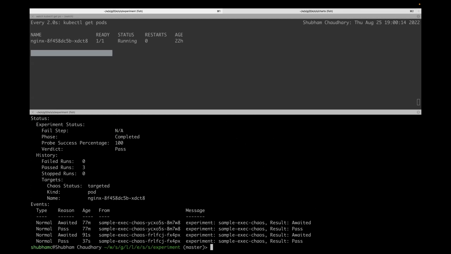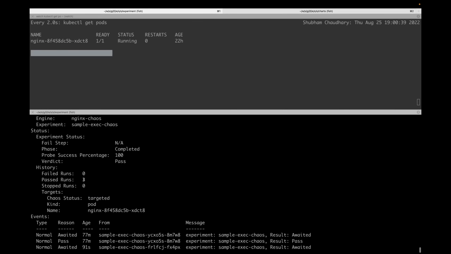Because this is an older chaos result that was created earlier, we are seeing two events, pass and fail, because one was from an hour ago. Here you can see the awaited and pass events, the targeted pod name, its kind, and its status.